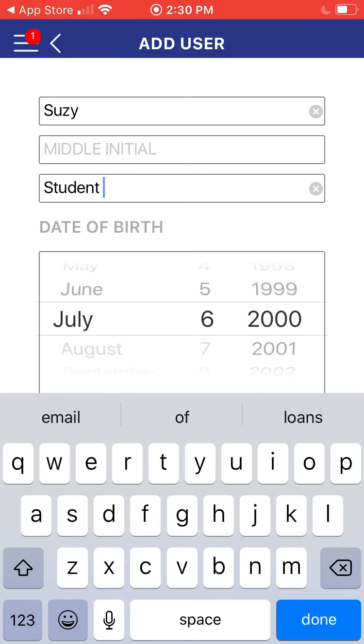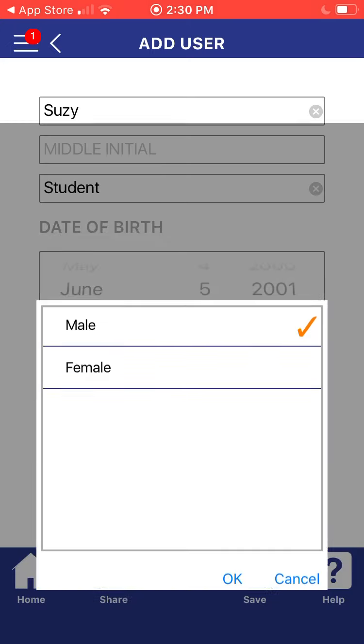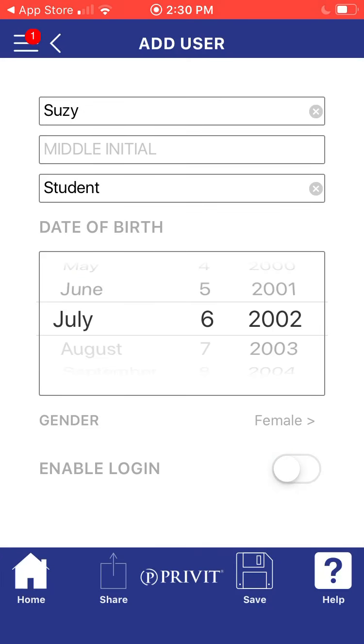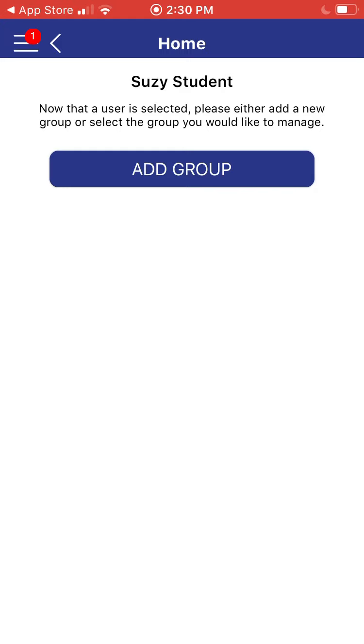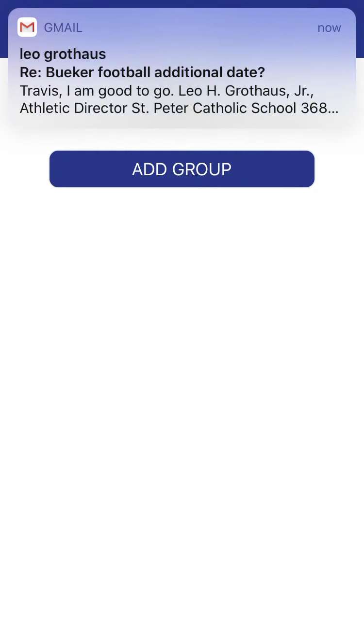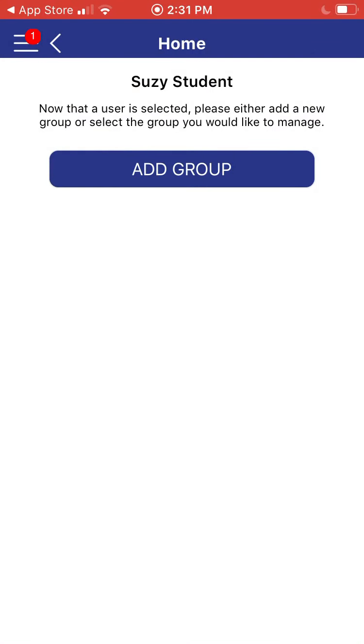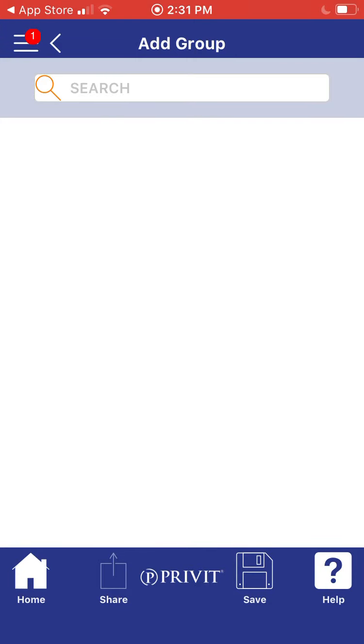So you could add another student on here if you needed to, and you could put all of your children's accounts under your name. That way you don't have to worry about all of them trying to log in. You can do it for them, and it'll actually copy a lot of the information over. So like your name, your address, all your emergency contacts, you can transfer a lot of that over, and you can just add her or any other children all under your account, which is kind of cool about this,